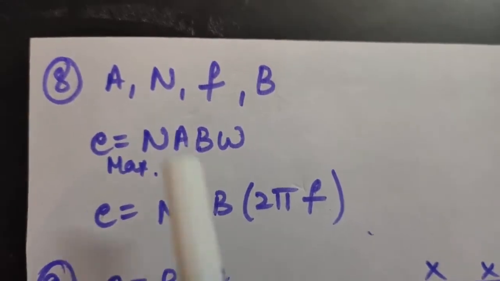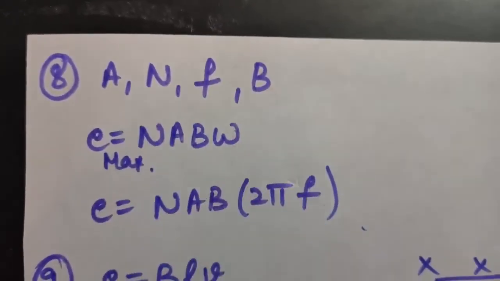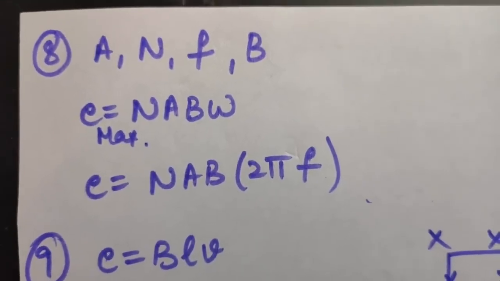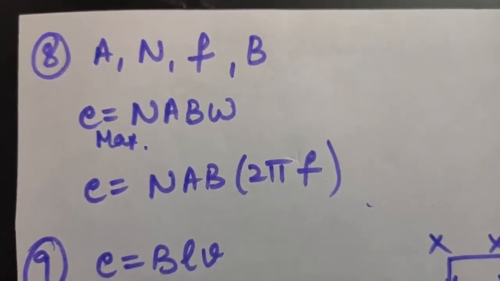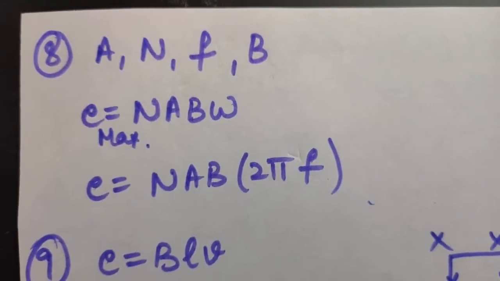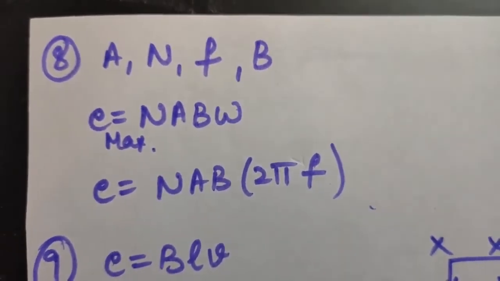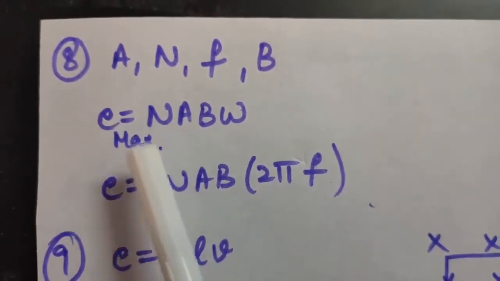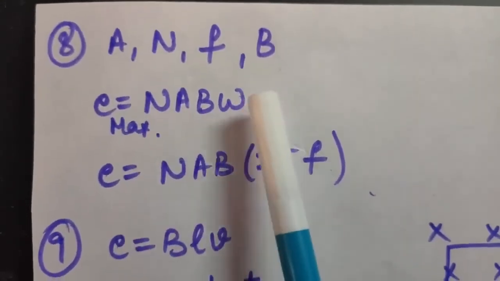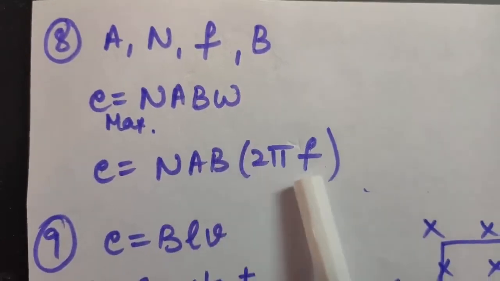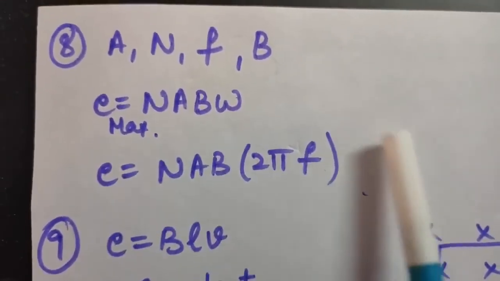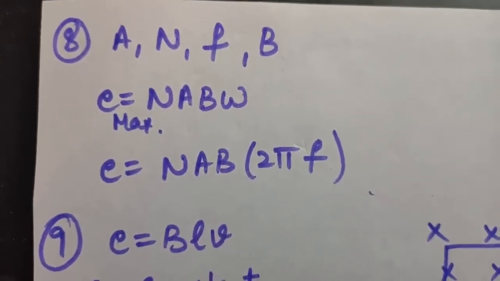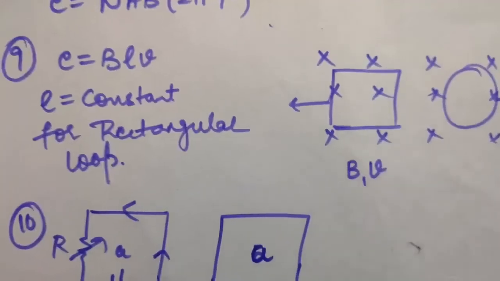Okay, so now these terms are given to you in question. Now, as you have studied in AC generator, induced EMF is NAB omega sine omega t. Now, because here B is in perpendicular direction, therefore omega t will be 90. So sine 90 will come to be 1. Or you can say E maximum will be equal to NAB omega, and omega is nothing but 2 pi f. So this will be the maximum induced EMF in the coil, NAB 2 pi f.